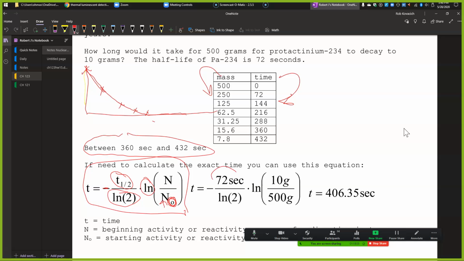Okay, so there's my half-life, 72 seconds. Natural log of 2 is just something you plug into the calculator. 10 grams is how much I want when it's finished, and 500 grams is what I started with. So this is going to take 406.35 seconds to get to that 10 grams. You okay with that? So you want to be able to do this calculation